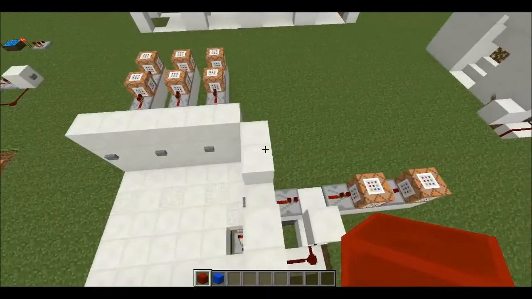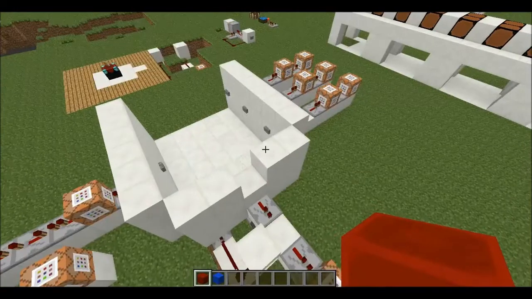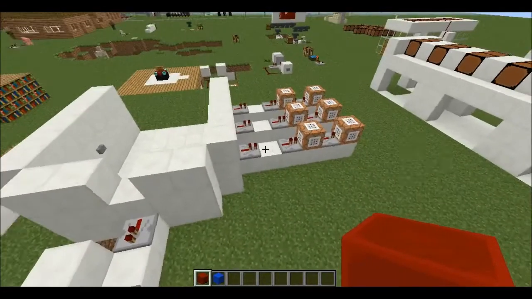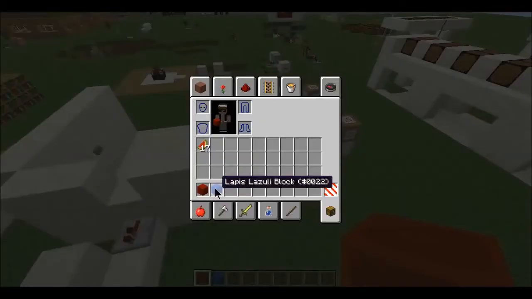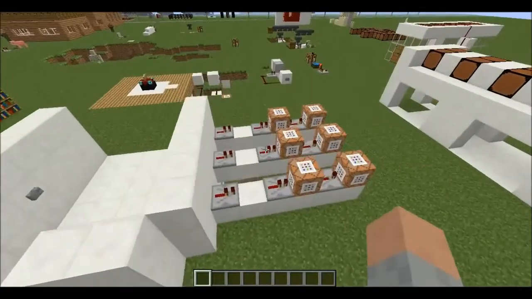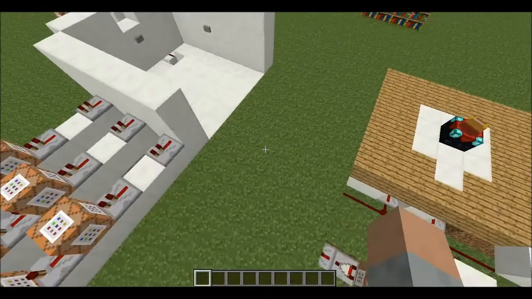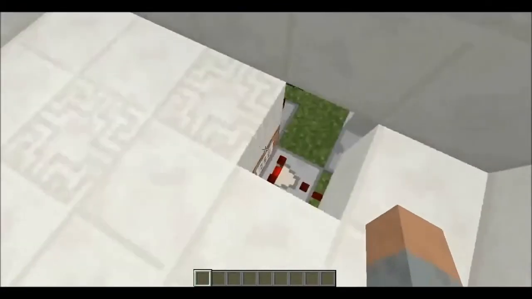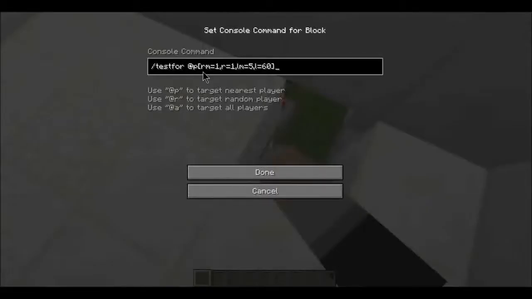It was also kind of inspired by the bank system that Exuma made a while back, where you could store your items in a digital state in Minecraft in a way. So here's the way this works. You'd come in here and stand right on this block, and it would test for a player in a radius